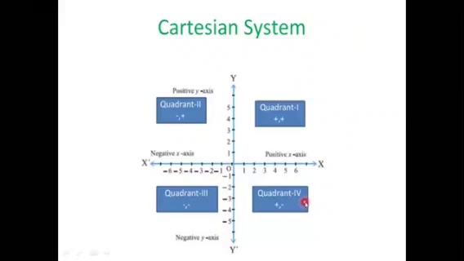Now, coming to quadrant 4, can you tell me what would be the sort of coordinates for any point lying in this region, that is quadrant 4? Observe it carefully. Yes, the x coordinates would be positive and the y coordinates would be negative. So let us quickly recall. The Cartesian plane is divided into four regions: quadrant 1, quadrant 2, quadrant 3, quadrant 4.